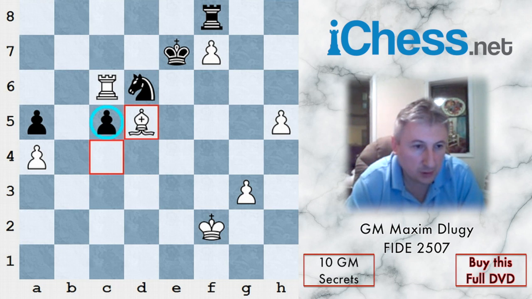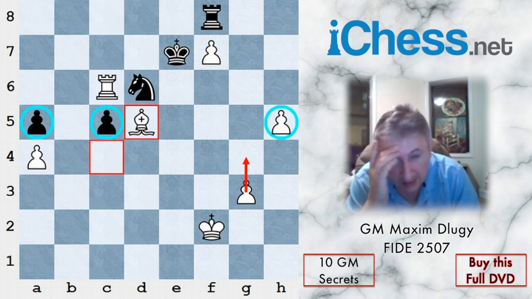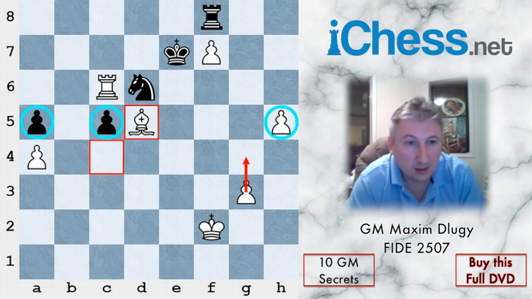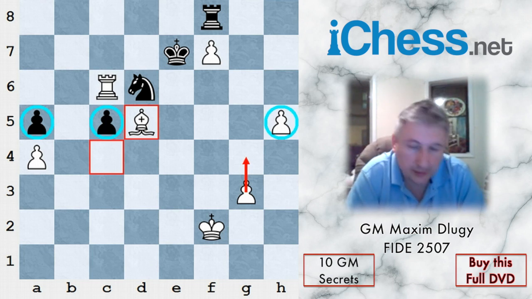he is probably going to lose the c pawn and most likely the a pawn, while white can still protect the h pawn with his pawn on g3 if black decides to attack it. So although of course the game could have ended earlier had I seen this maneuver with rook h2 after pawn takes pawn, it doesn't really matter, because I never doubted that I have a winning position once I broke open black's